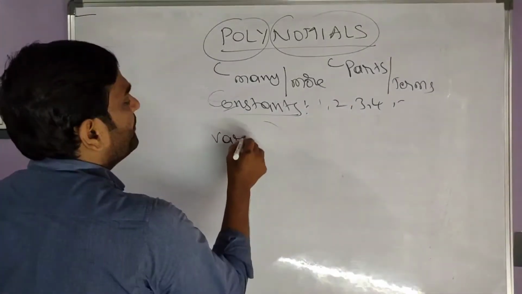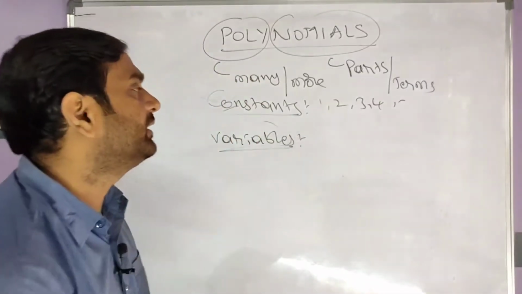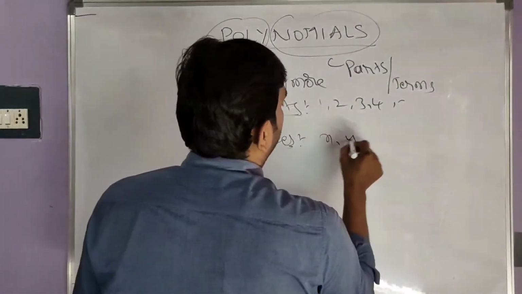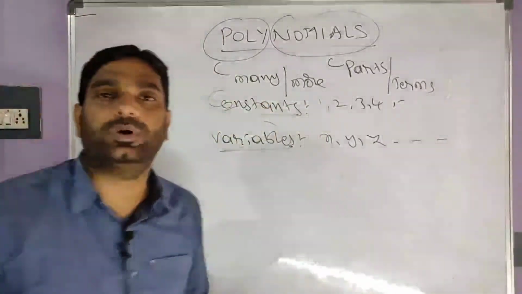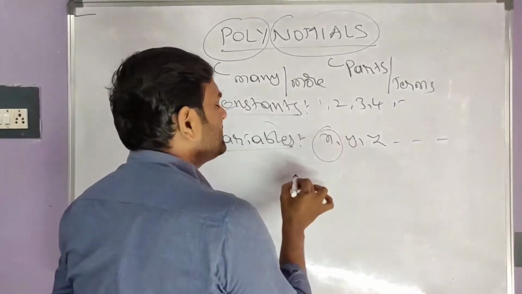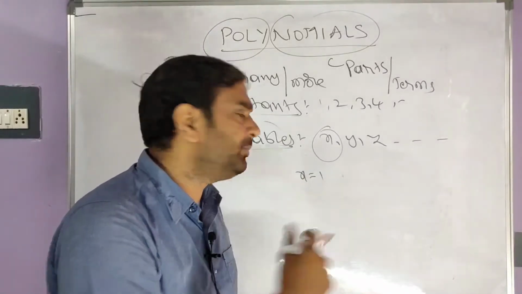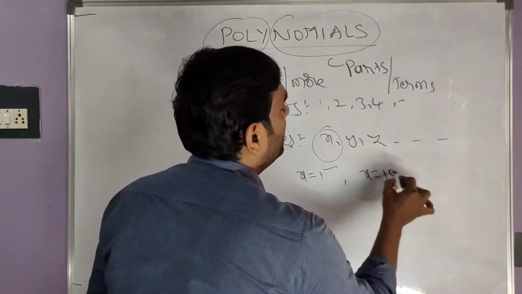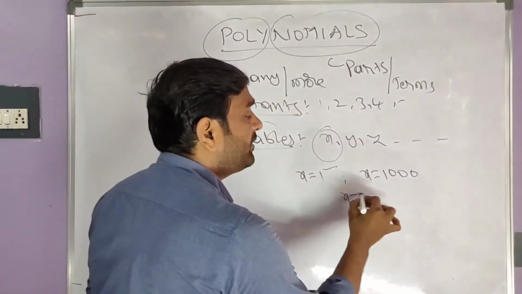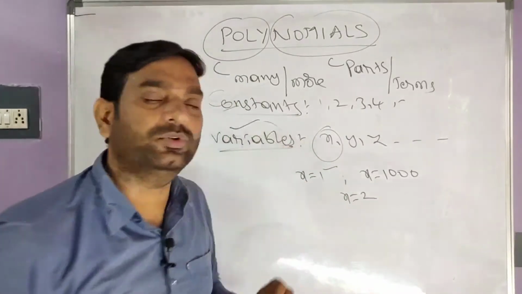What about variables? Variables are nothing but a symbols which have various numerical values. Those are x, y, z and so on, p, q, r and so on. That means, let's take x. We know the x value keeps changing from problem to problem. In one problem, if you get another problem, you will get 100 or 1000, whatever. Values are not fixed, so those are called variables.